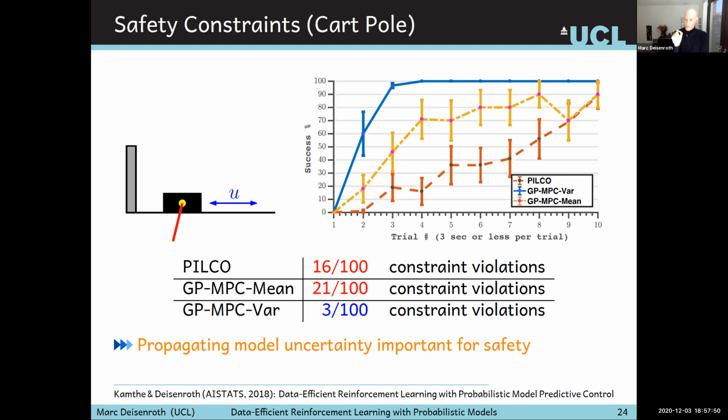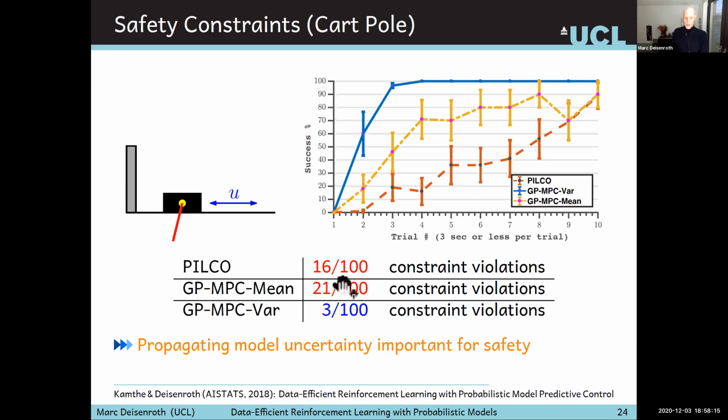of the predictive distribution violates the state constraint. That means what we would expect is that the yellow curve is more aggressive but fails more often, because mean predictions are sometimes not ideal, and that is also revealed in the numbers that we